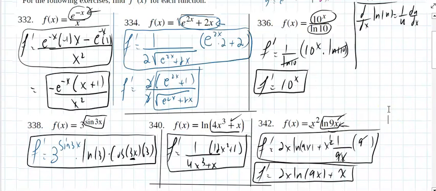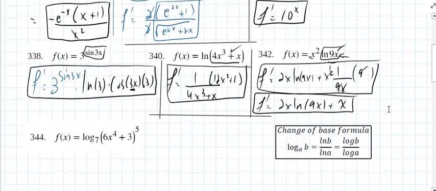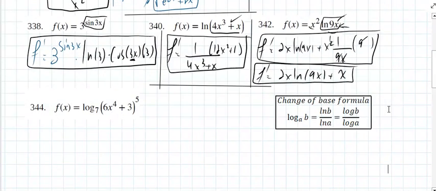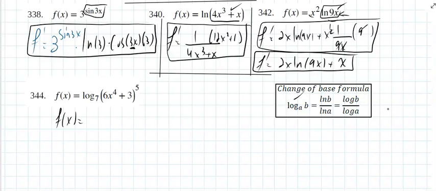Now we get to the next problem. When we're dealing with a log where the base of the log is not an e, well, we could use the change of base formula, and that's pretty much a good way of getting around this. I'm going to do this problem 2 different ways. This will be natural log of 6x to the 4th plus 3 to the 5th divided by natural log of